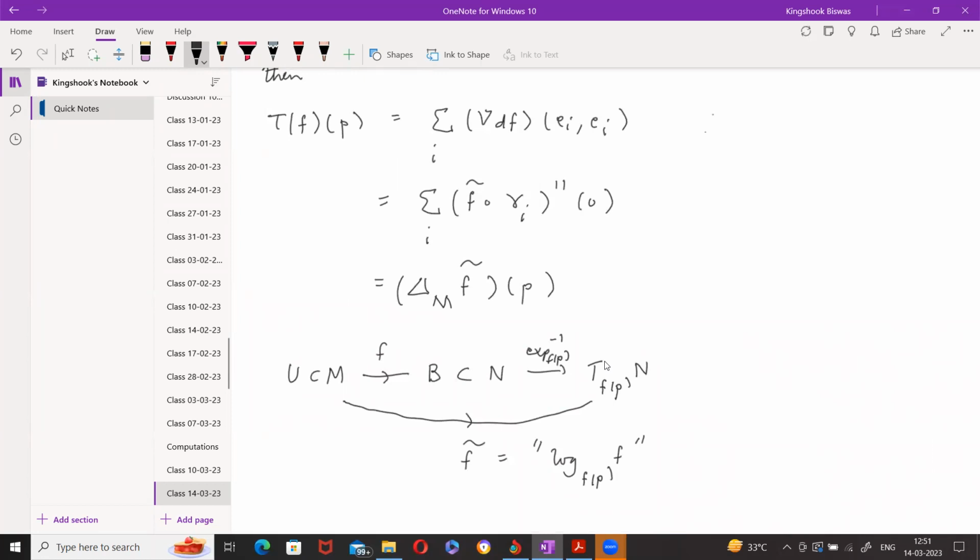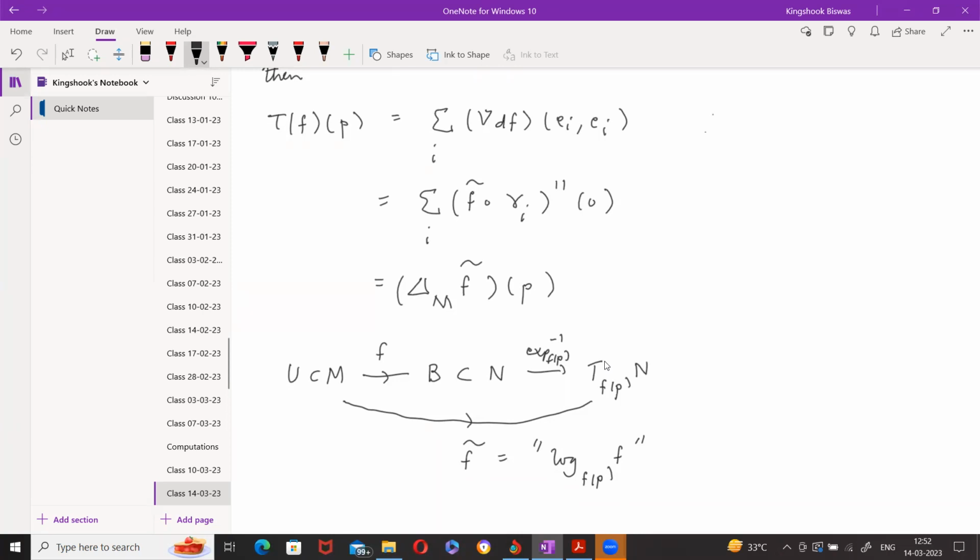this tension field I can write as a Laplacian of a vector valued function at the point P. This is not true at other points in this neighborhood of P. This is only true at the point P. Because here we use that the exponential map is totally geodesic at the origin. Okay. Is this clear? See, the point of this is that